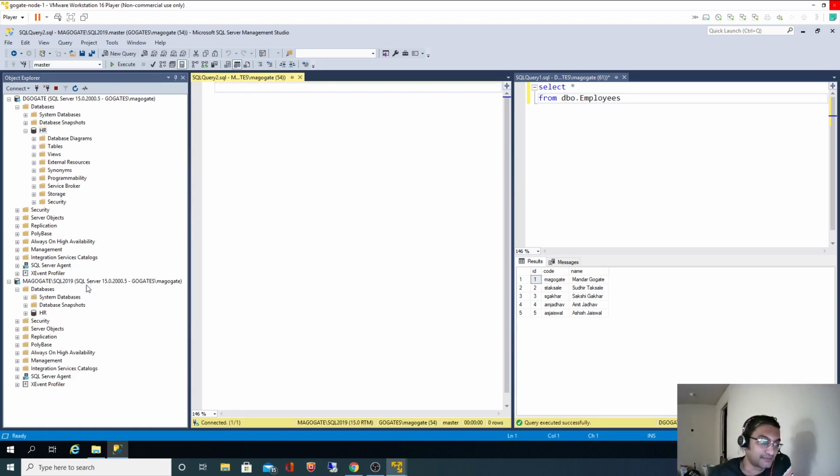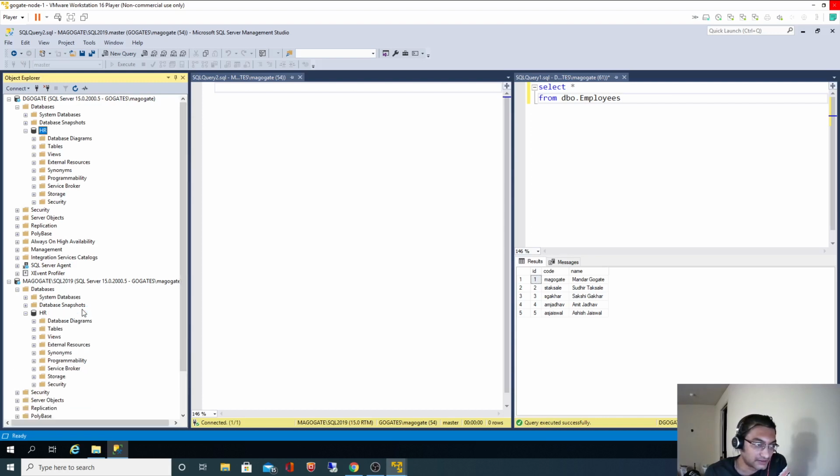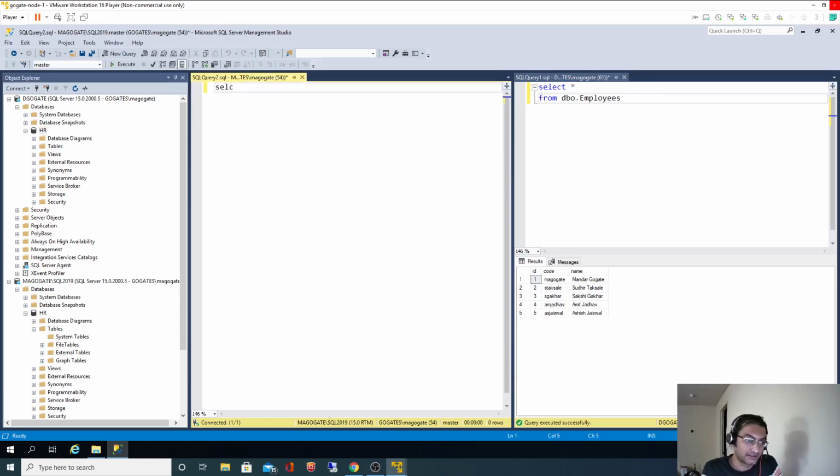Okay, it's taking time. My resources are very low. So the HR database. Now on 2 gig of memory, which my virtual machine is consuming, I'm running two instances of SQL Server. That's why everything is slow. I haven't created any table here, which is okay. We can simply run select getdate just to validate the instance is working.